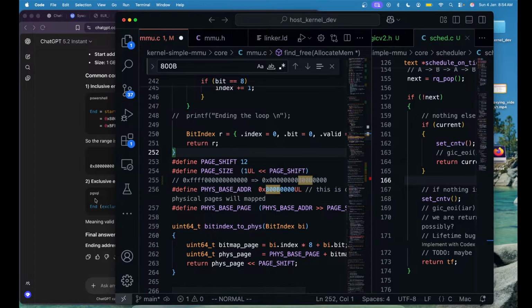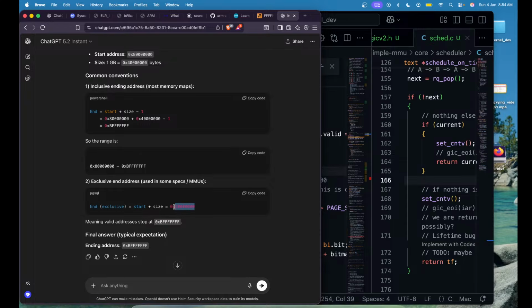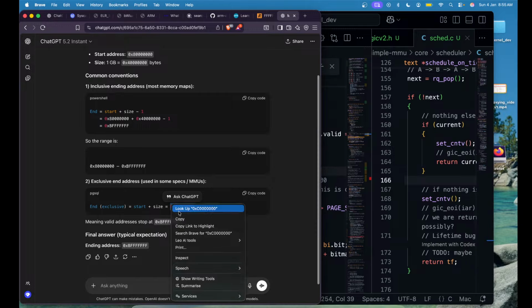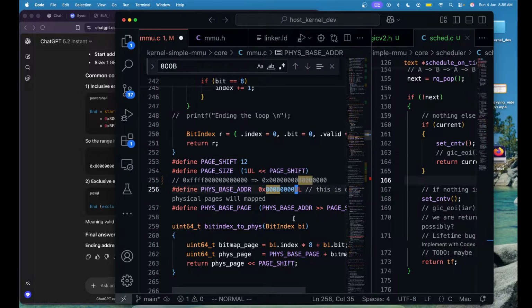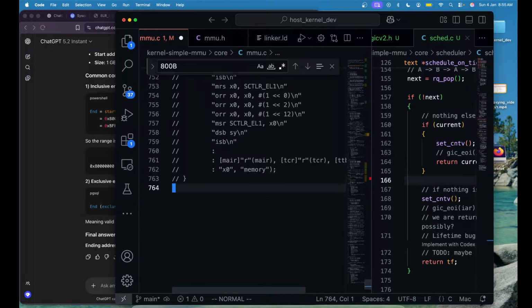Or maybe what we can do is change this physical address to start from here, so that we won't have a page table entry. That should be good, right? Instead of trying to meddle with the existing code that's already working, why not just